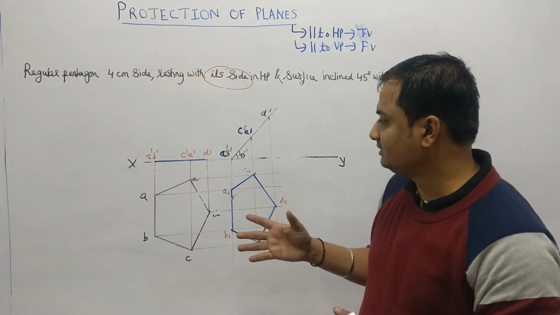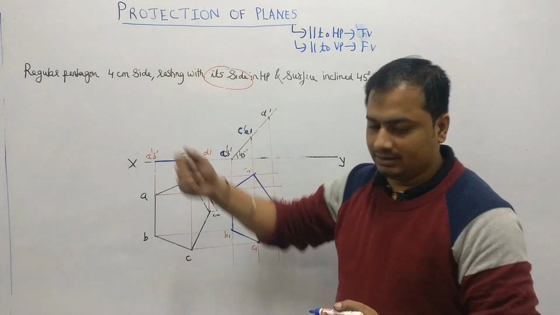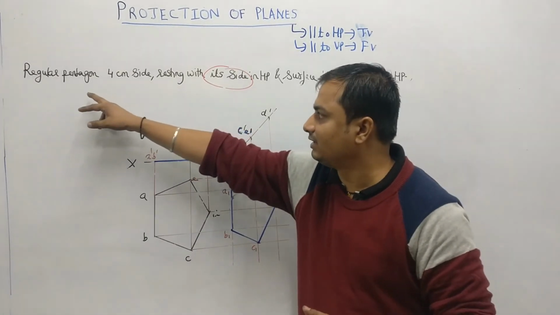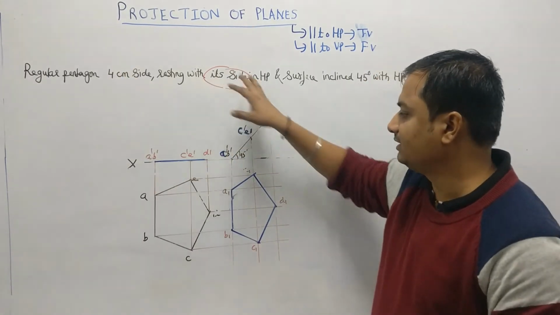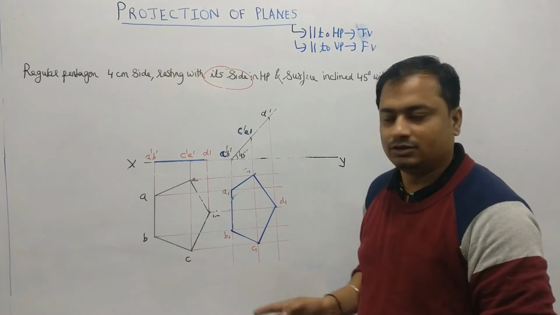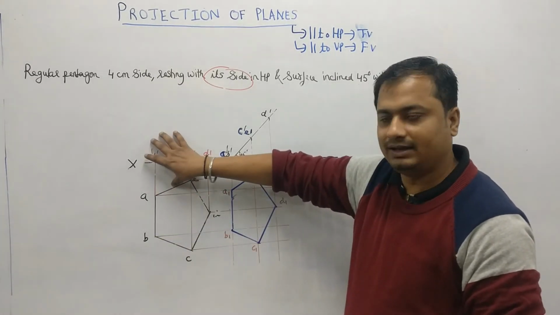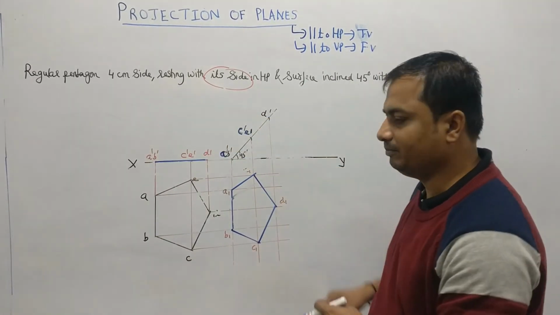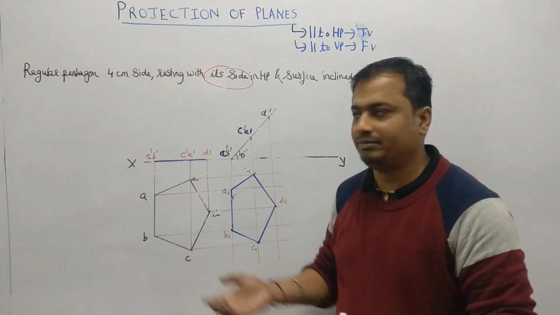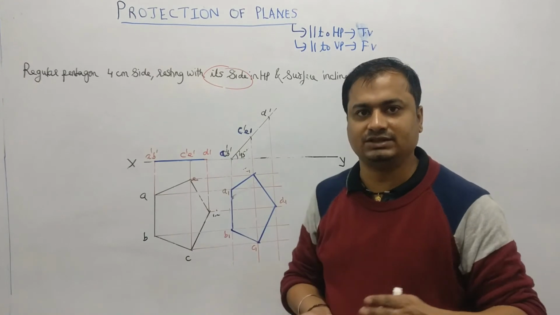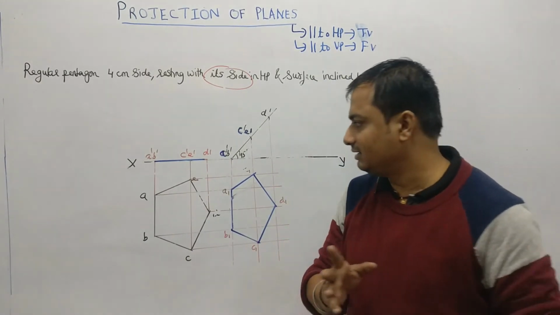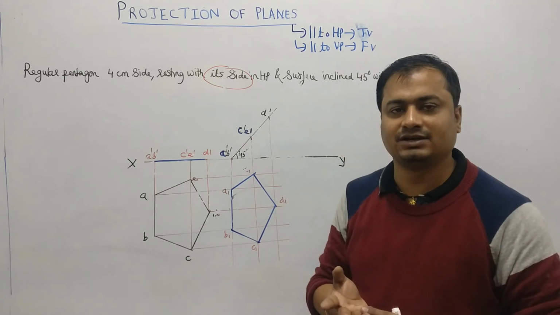Okay. Now if I just change the plane, if this was my hexagon for the same problem, a regular hexagon of 4 cm side, only the change will be here: you have to draw the hexagon. The top view will be hexagon, then the front will be a line, then you have to draw the front view, then the top view will be again a small hexagon. So you can again make one more problem based on this same problem, only you have to change the plane, that will be hexagon. Okay. So hexagon, again hexagon, there will be 2 cases regarding the hexagon.